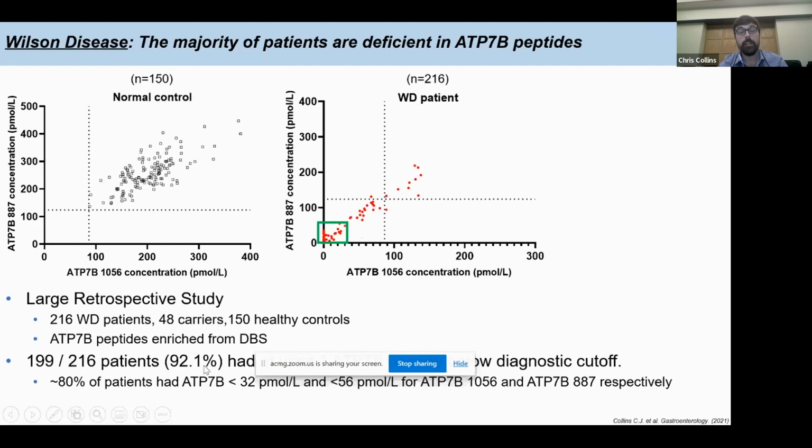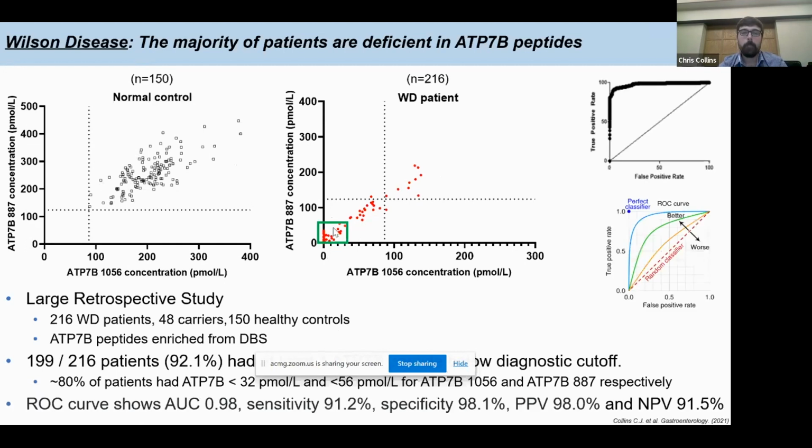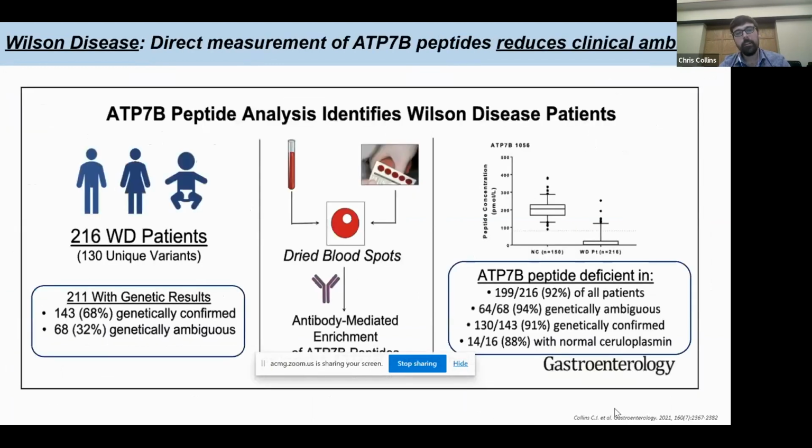So 91 or 92% of the patients had at least 1 peptide below these cutoffs that we've set up, and they all kind of stack up along the axes, but 80% of the patients are actually within this green box. So very significantly reduced from average. If you set up a receiver operating characteristic curve, the area under that curve is 0.98, and the sensitivity, specificity, PPV and NPV are listed here. So it's very good at separating the healthy cohort from the